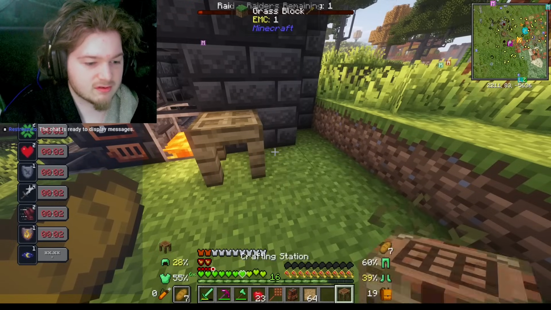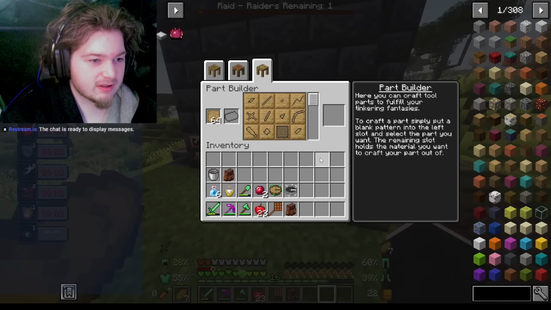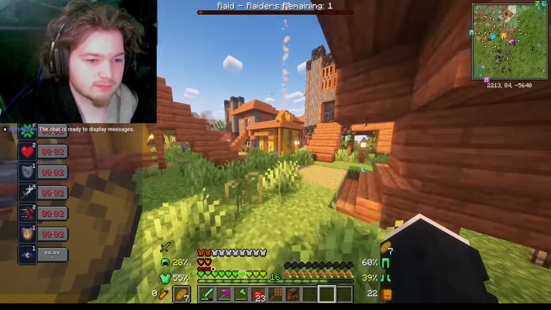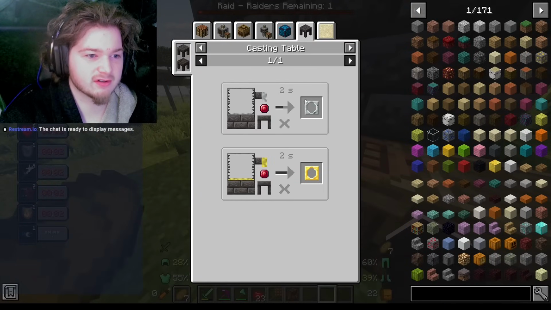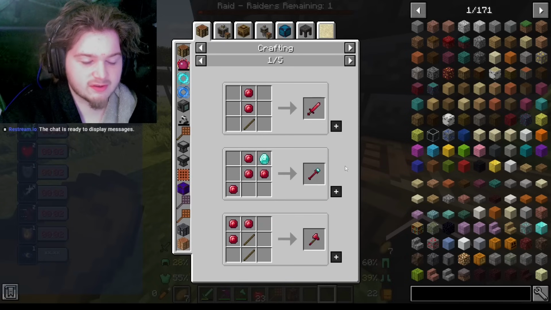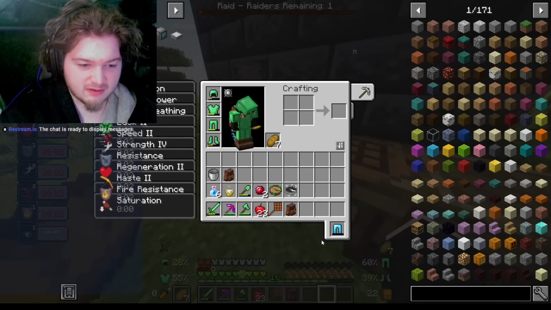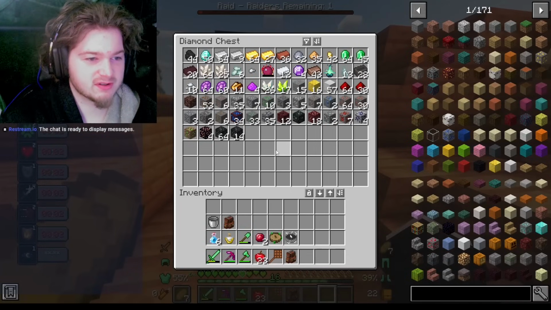But just plop these guys down. No reason not to, really. Part builder can go there. So will Ruby be able to make us Tinker's stuff? Just molds. Okay, so I need to add a couple materials to Tinker's, or figure out some other stuff, but